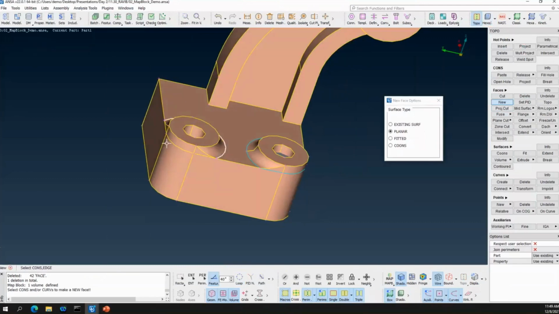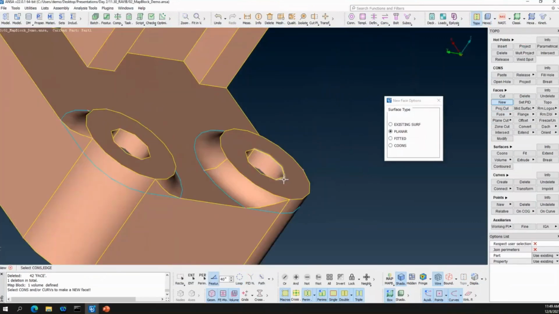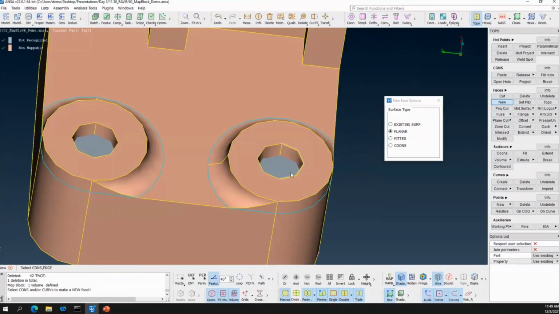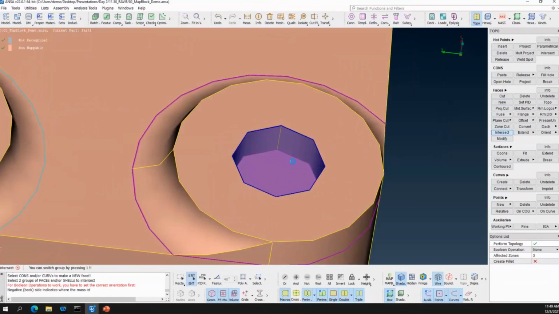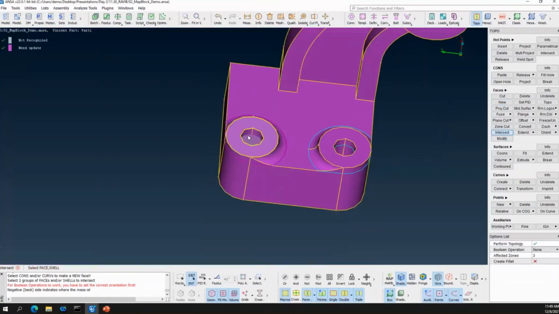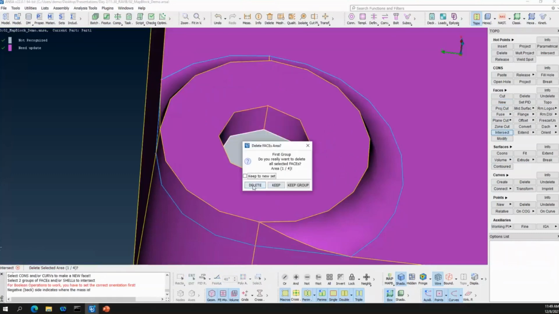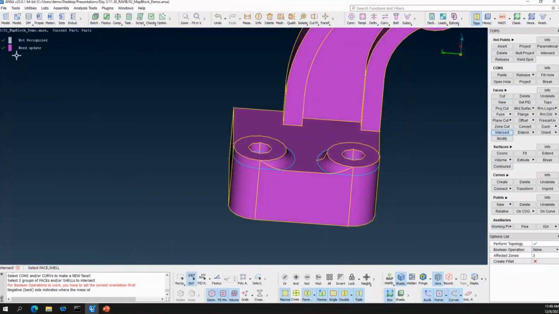Similarly, here, once the faces are created, I'll intersect this face, the connecting faces. Now, once I make these changes, I can see that my legend has a new category which says need update.